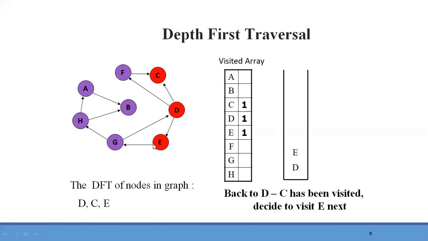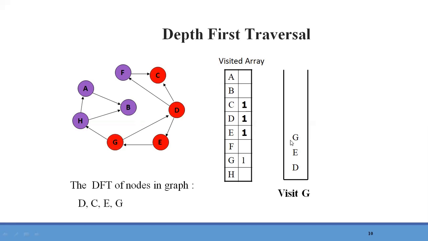Now again look at the nodes which are adjacent to node D. Again we have C, but C is already visited, so we cannot consider it. Then the next nodes are F and E. Out of these, E will be visited first if we are considering alphabetical order, as E comes before F. So the next node added to the stack is node E, and we will visit that node. It is visited, that's why it is represented with 1, and in the output also node E is visited. So in the stack, node E is at the top of the stack.